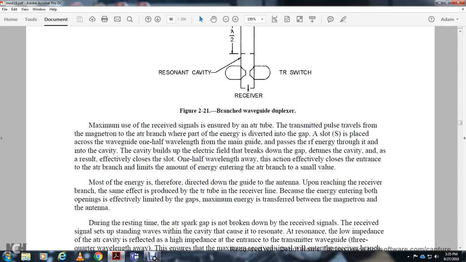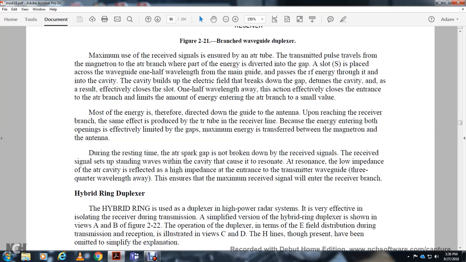the cavity, which builds an electrical field and breaks down the gap in the TR tube cavity. As a result of the effect, the swap of one half of the wavelength of the wave, this action effectively closes the entry of the anti-transmitter receiver branch, limits the amount of energy entering the anti-transmitter receiver branch to a small value. Most of the energy is therefore directed down the waveguide to the antenna upon reaching the